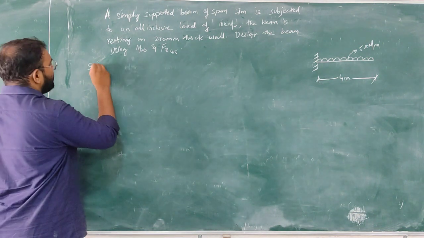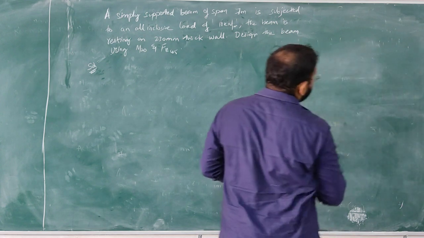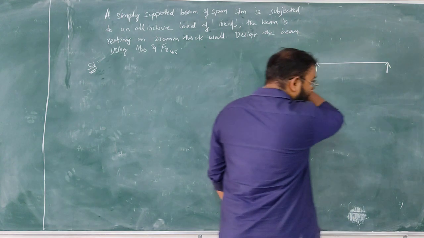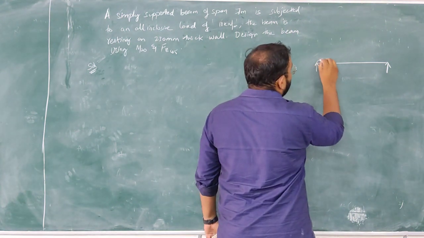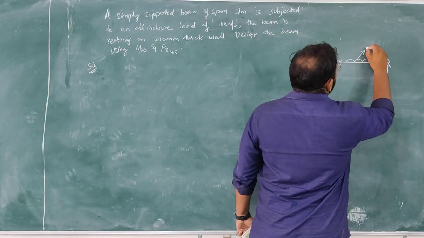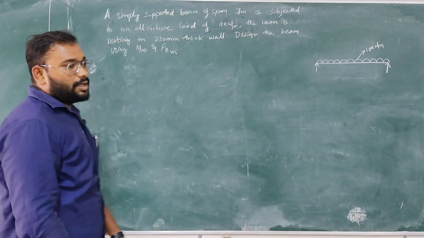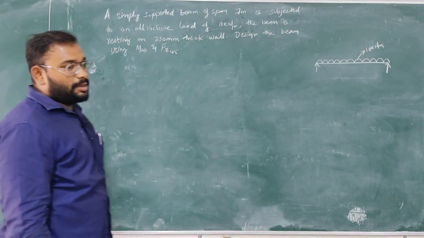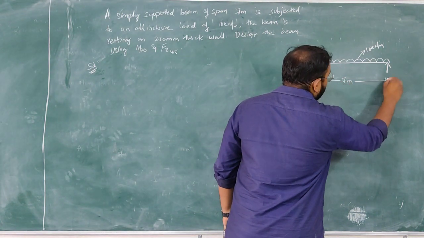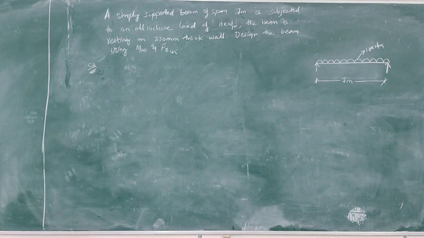Now here this is a case of a simply supported beam. You are given a simply supported beam like this, which is subjected to a uniformly distributed load of 10 kilonewton per meter. The span given to you is 7 meters, which, since nothing is mentioned, means it is a clear span. We need to calculate the effective span in this case.